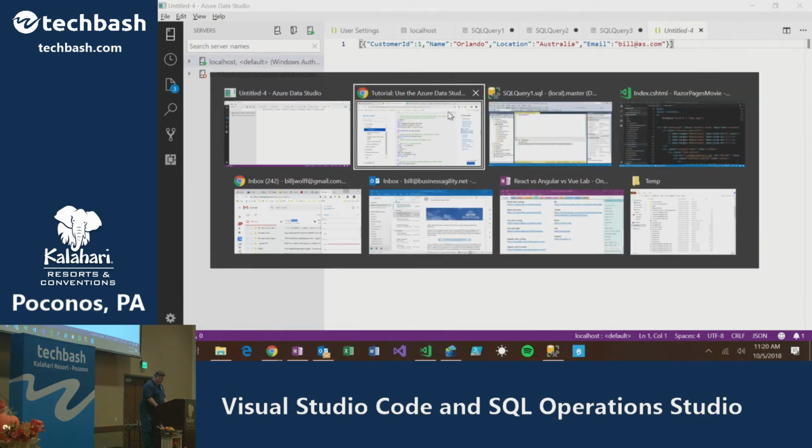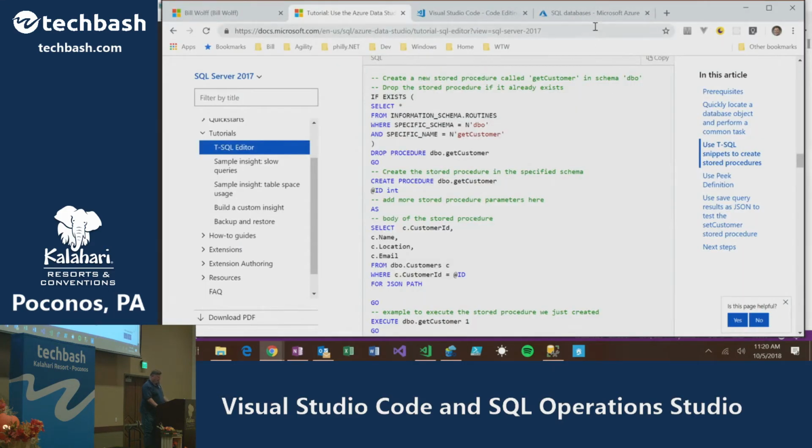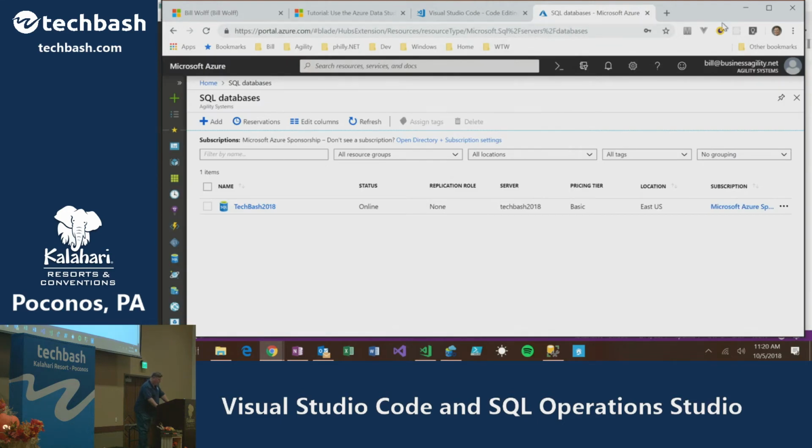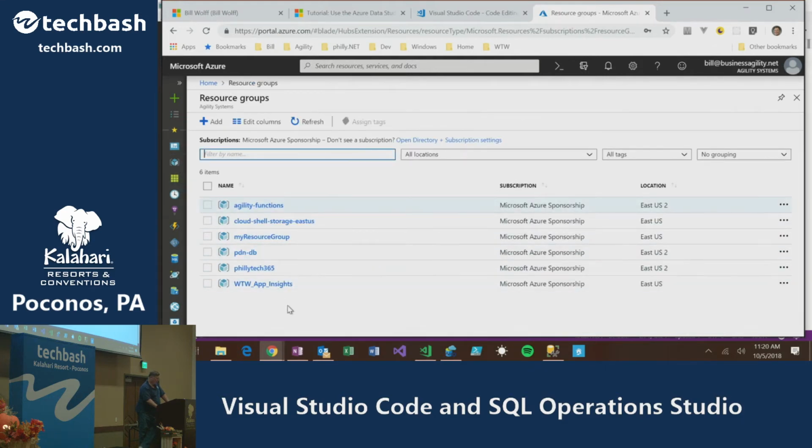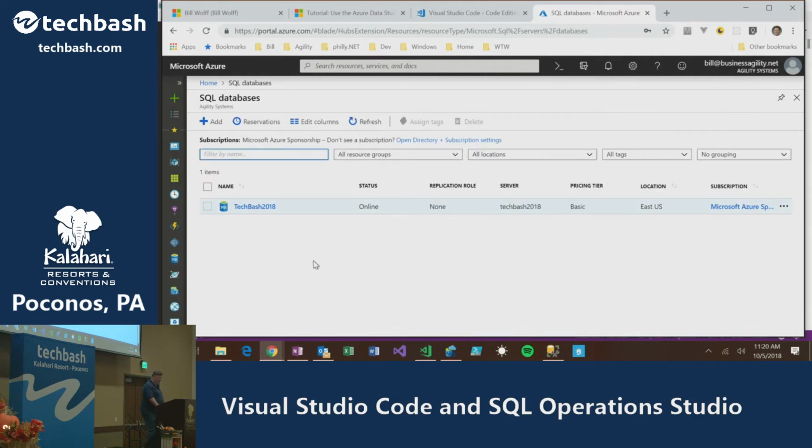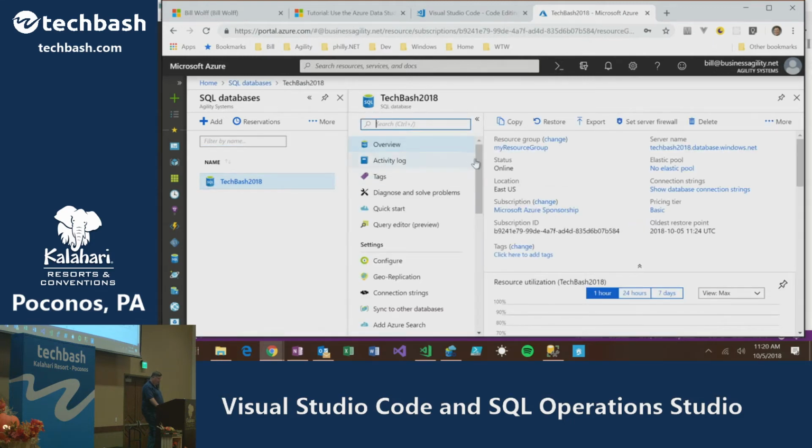is I'd like to learn more about the cloud. All of you guys want to learn about the cloud, right? So I will show you that I have Azure. And this is my Azure instance. If I go in here and I click, I have a whole bunch of resource groups in my accounts with different things like functions and Cosmos DB databases, but I also have SQL databases. So if I go over here on the left, you'll see that there is a thing called SQL. And when I click on that, you'll see I made a simple database called TechBash 2018. And that database already has some data in it.